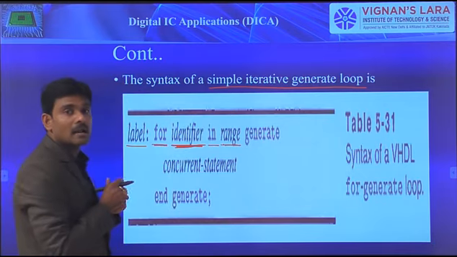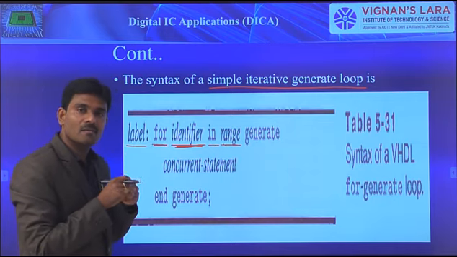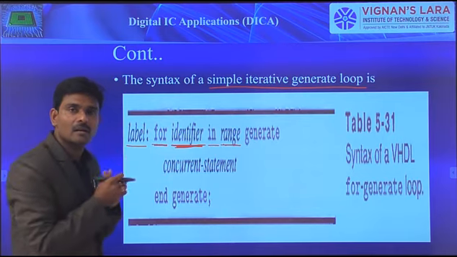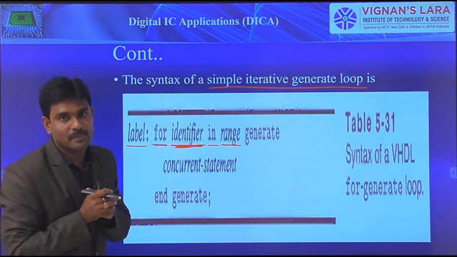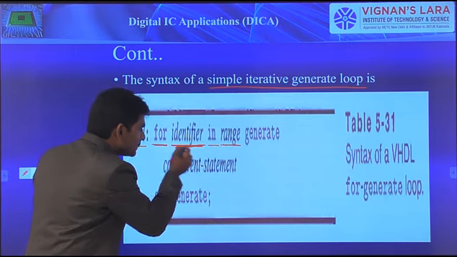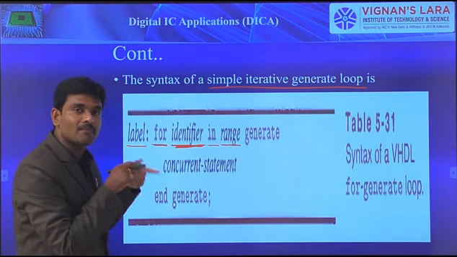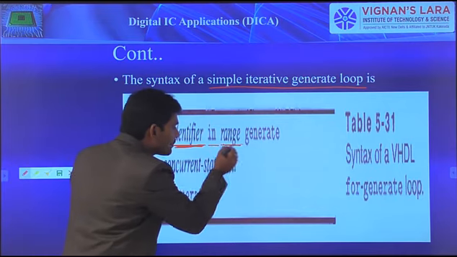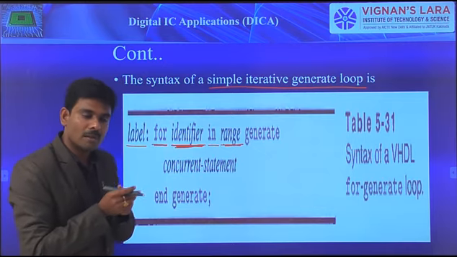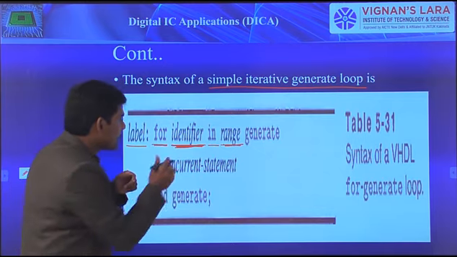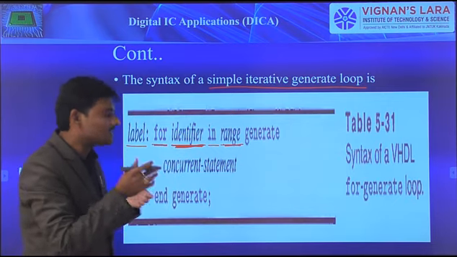Then, by mentioning the range, we also come to know the type of this identifier. As I mentioned, the identifier is a variable. Whatever signal or variable we use within our program must be declared to a certain type. But here, for this identifier, which is a variable, the type is implicitly declared based on the type of the range. Whatever range we mention, based on that range, the type of this variable is implicitly declared.